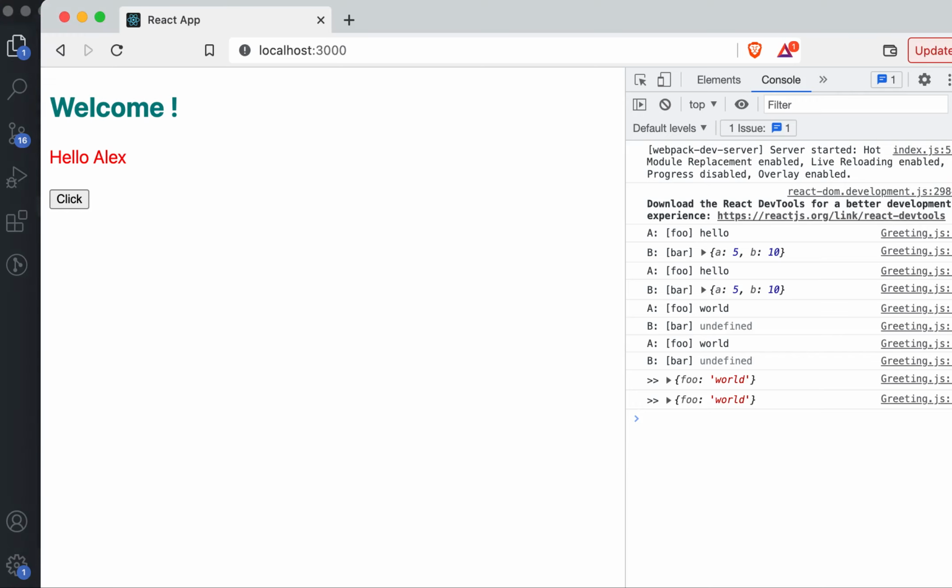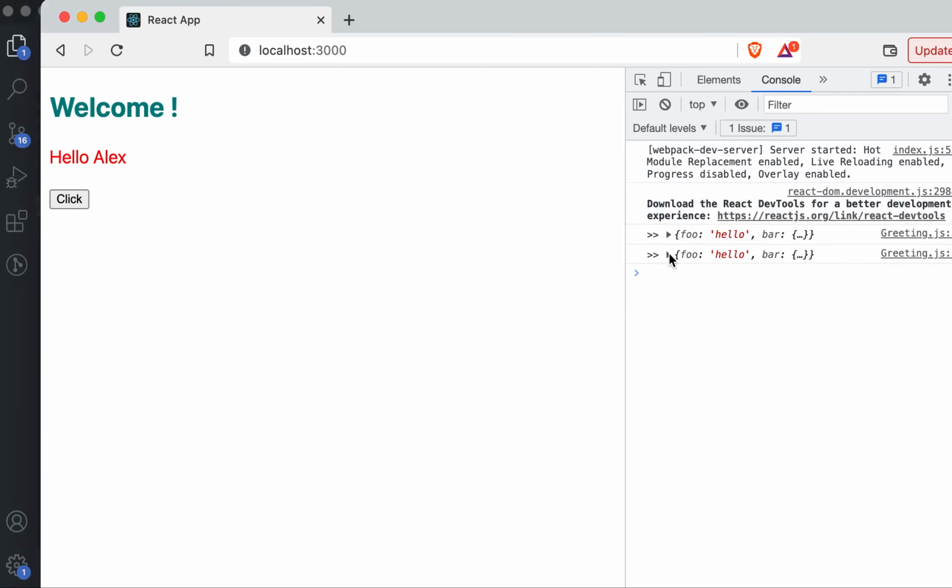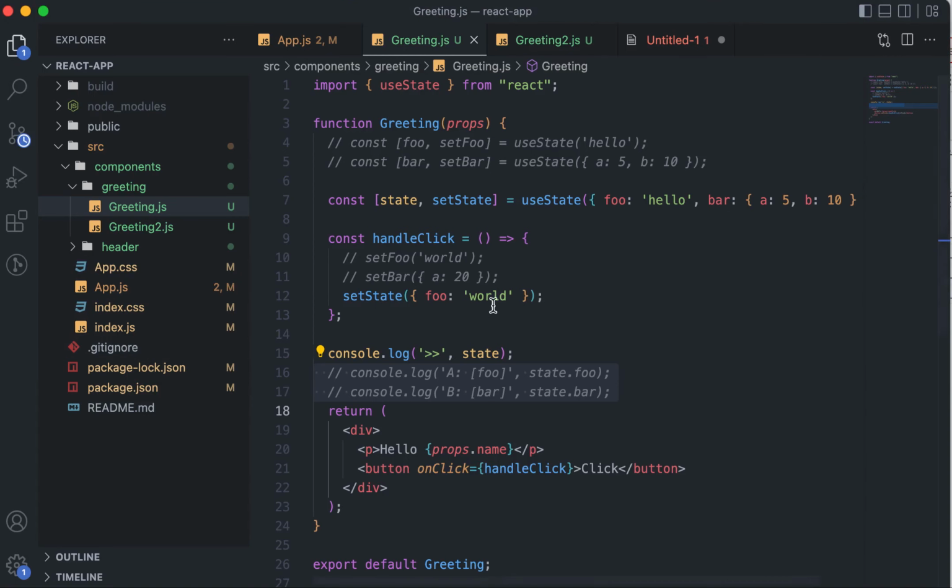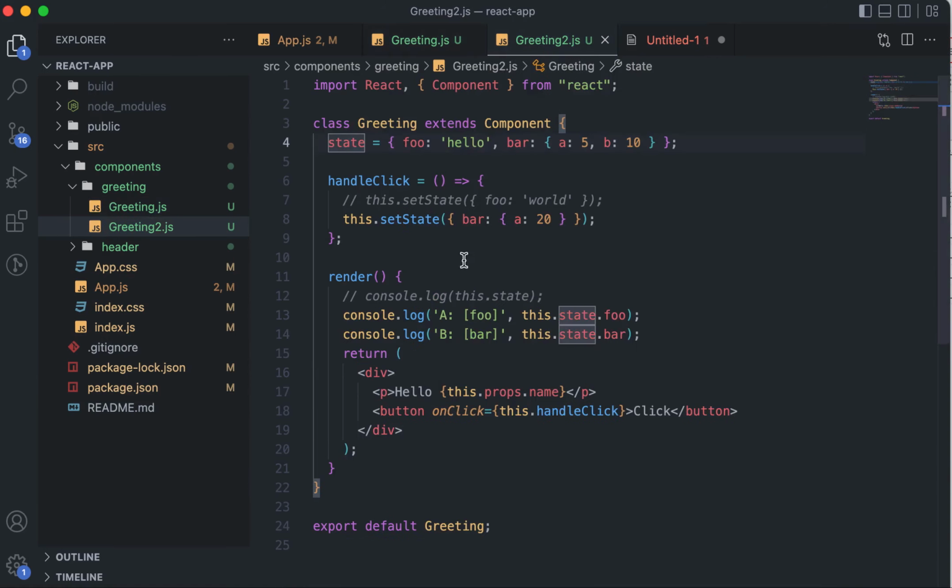So you can see that initially foo was hello and bar was this thing, but as soon as you click, everything is gone. The whole state is only foo: world. That bar thing is completely gone altogether. Okay, and in a similar manner, if you try to simulate something like this here,